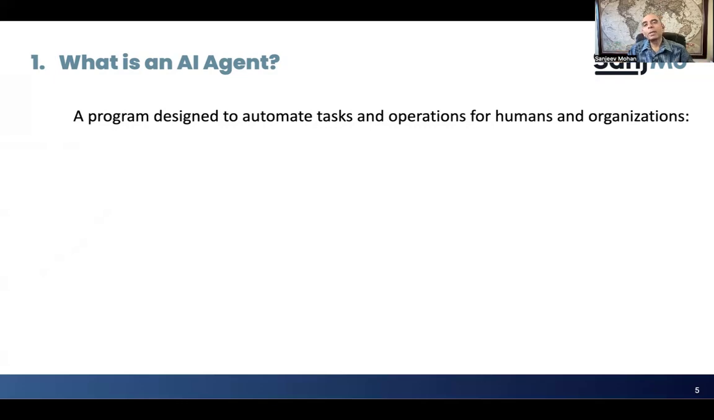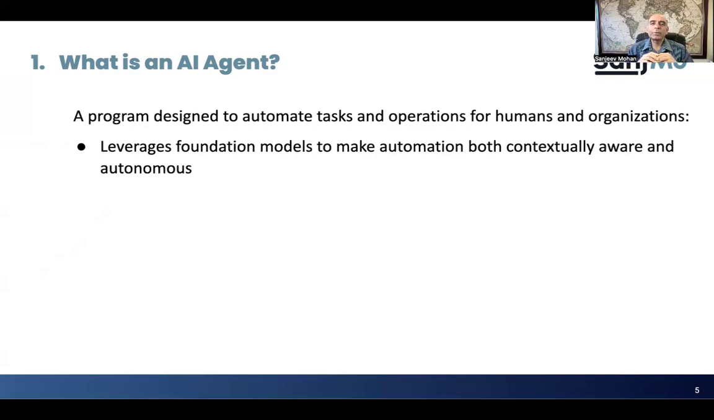Because you may be thinking that organizations have already had things like robotic process automation, RPA, for a long time. So what makes an agent so different from RPA? The first point I want to mention is that it leverages the power of foundation models to make these automations contextually very rich and autonomous. What do we mean by that? Is that large language models have this ability